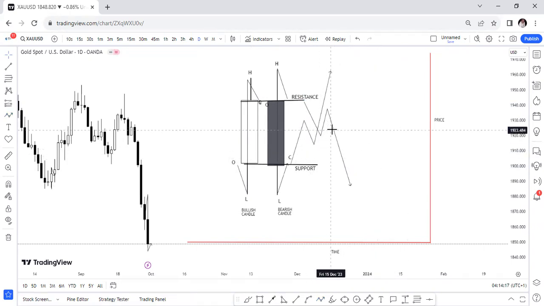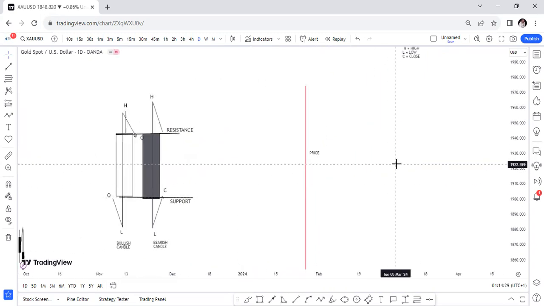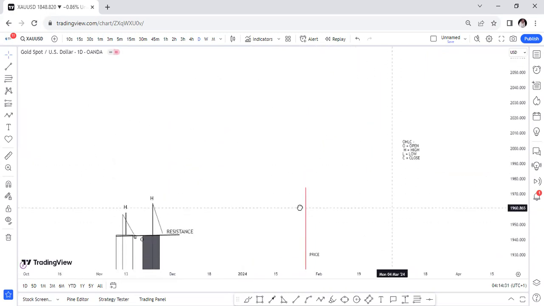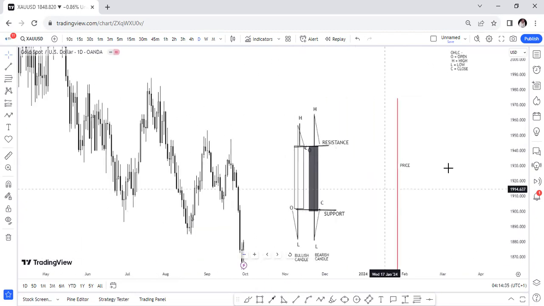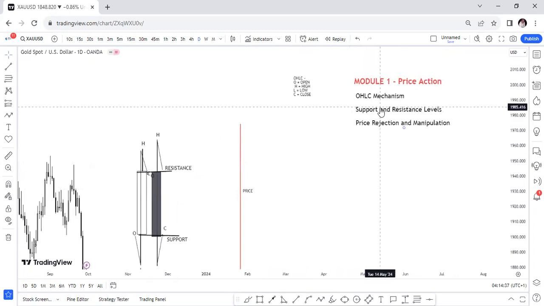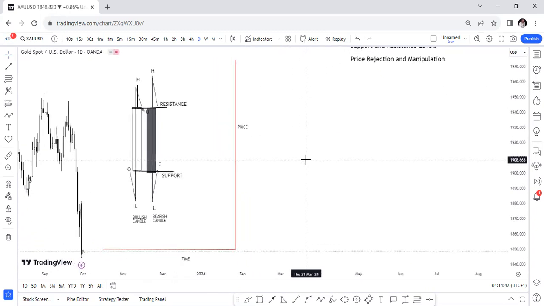To get that information now, I hope you've come to the understanding of the support and resistance level. So we have used this candlestick to explain what we mean by support and resistance level. Then price rejection. When we talk about price rejection, it's all about